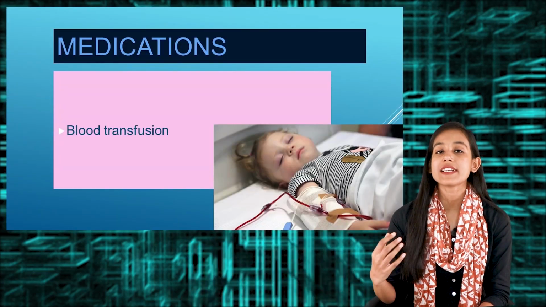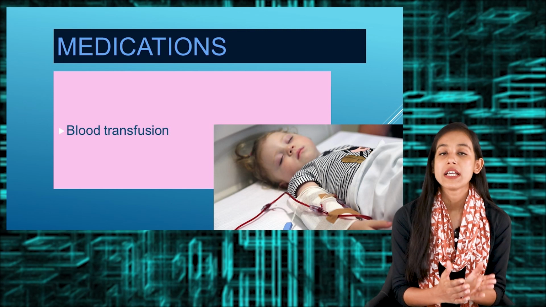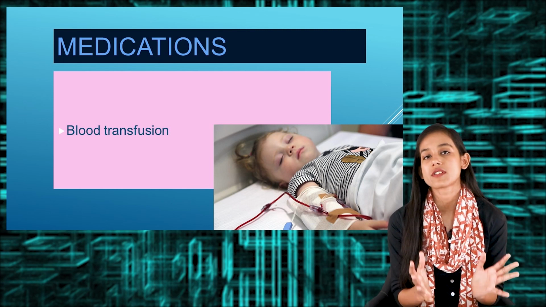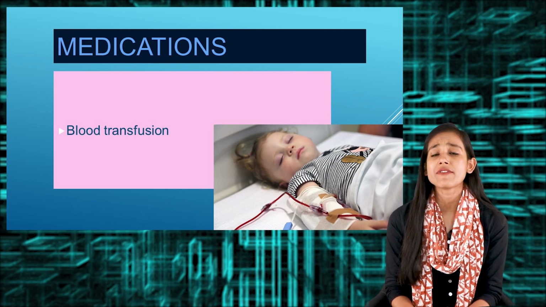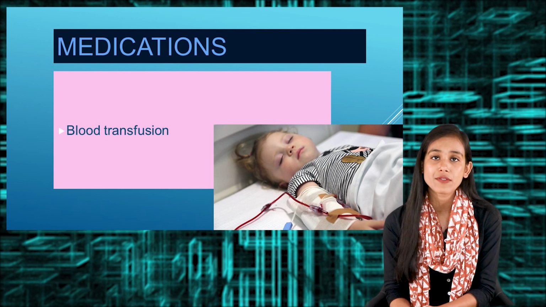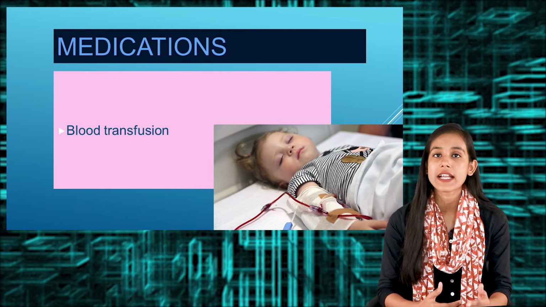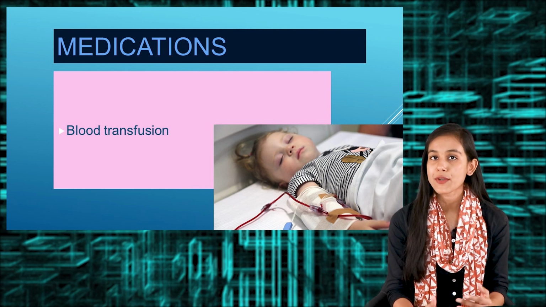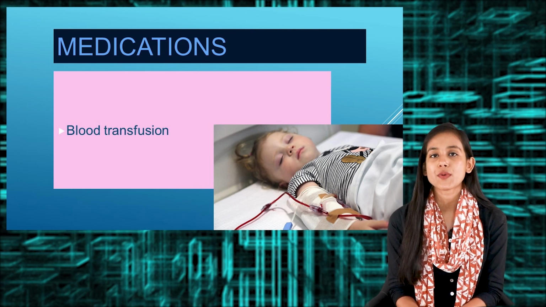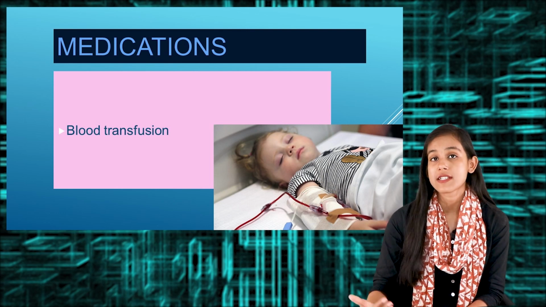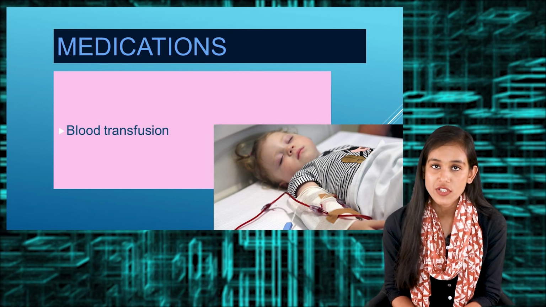So the first thing is to provide an adequate amount of hemoglobin to the child, and for that we would definitely do blood transfusion. That is the first and foremost treatment of thalassemia, right? During the blood transfusion, we also have to remember that the child should not get any type of iron supplement, because the child might already have iron overload. We have to manage that. If we provide iron supplements, that would worsen the symptoms, right? So we have to make sure that no iron supplements are given to the child during